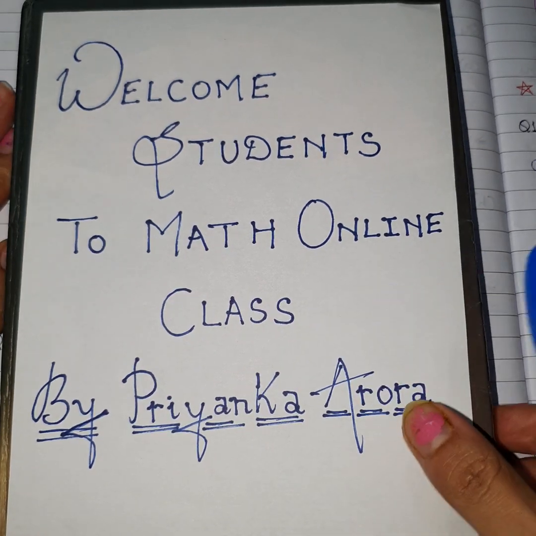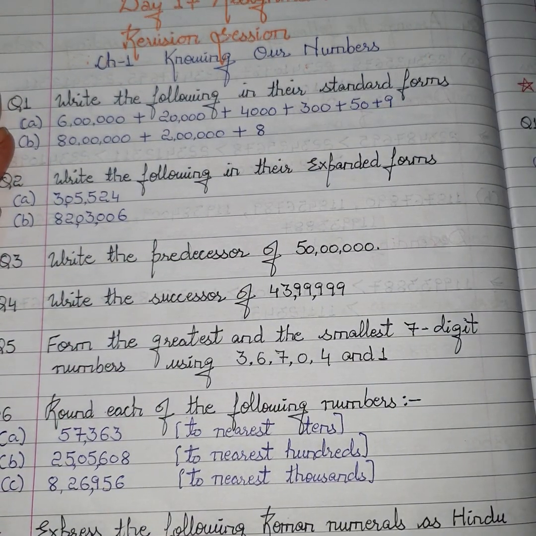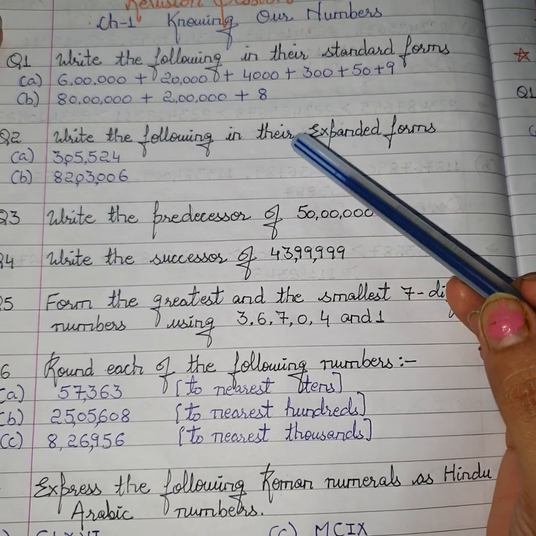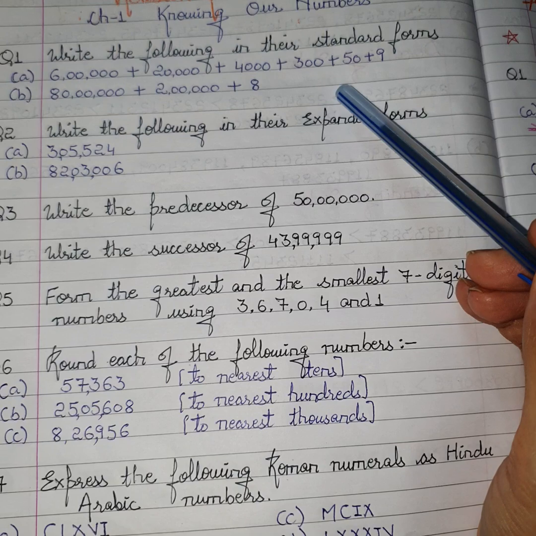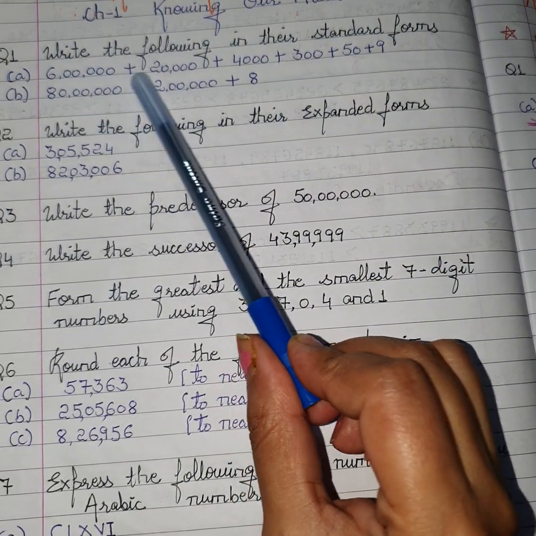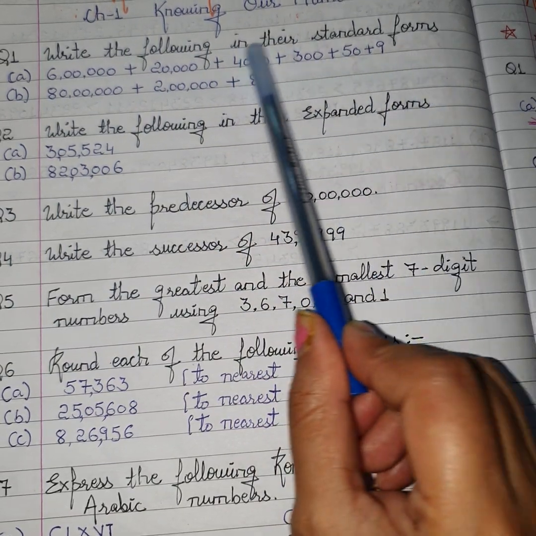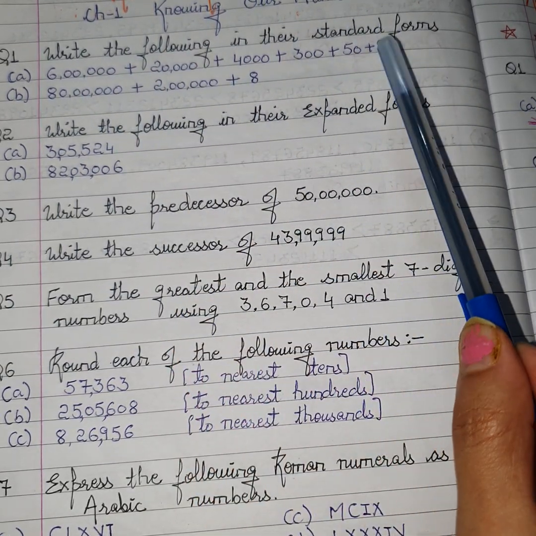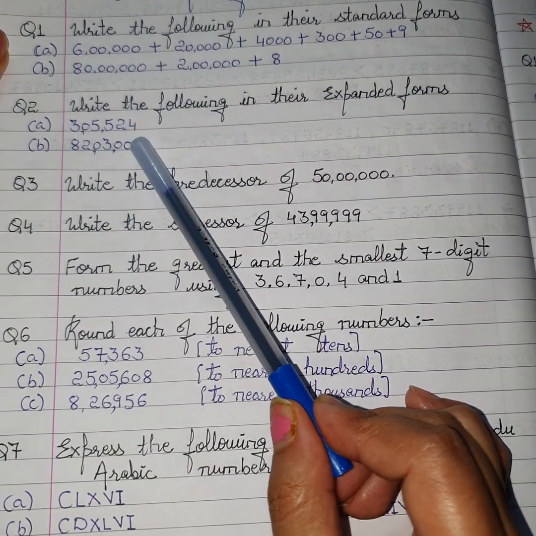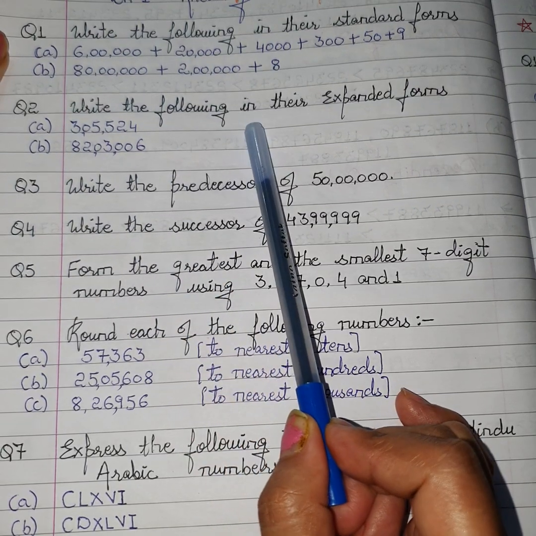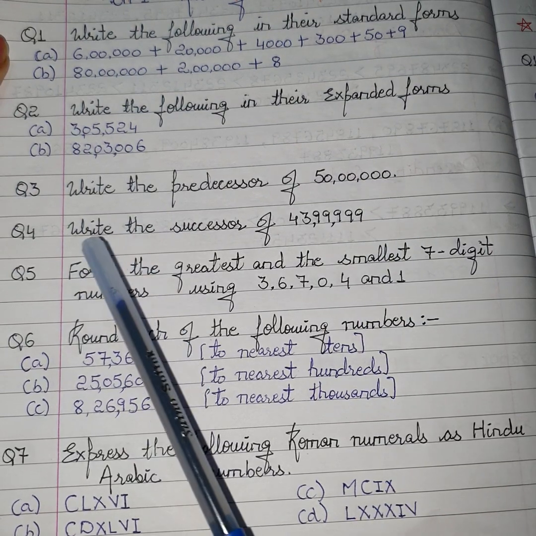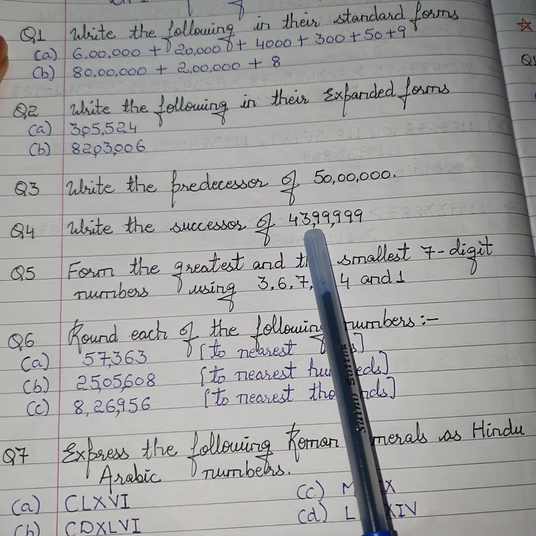So let's move on to today's topic. In my last video I gave you some revision sums related to your chapter number 1. In question number first, write the following in their standard form. It is given in expanded form and I have told you to write it in standard form. Second question, I have given you to write the standard form into expanded form. Third question, I have given you regarding predecessor of 50 lakh. Fourth question, I have given you to write the successor of